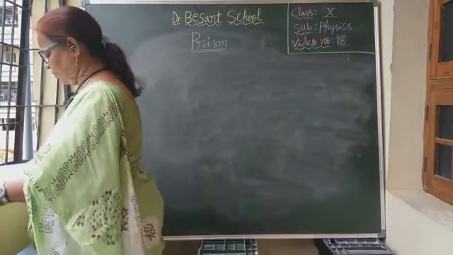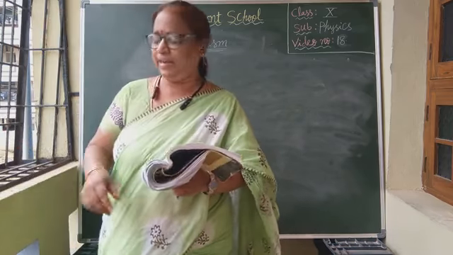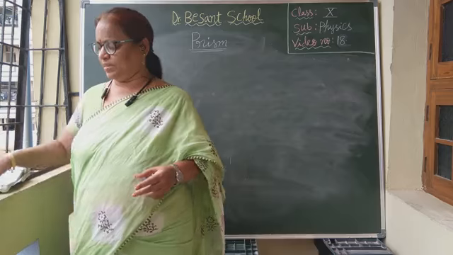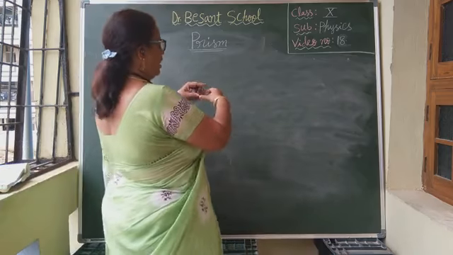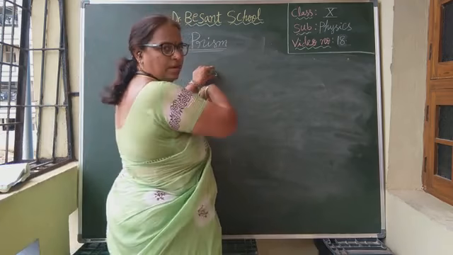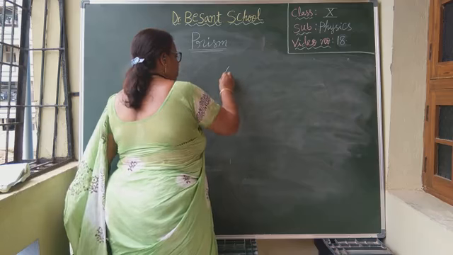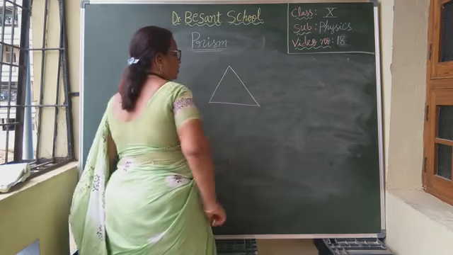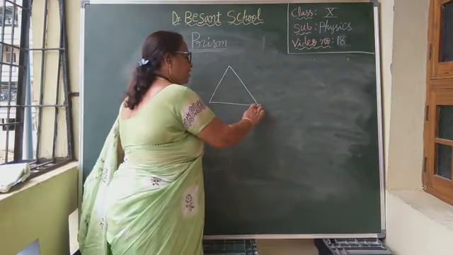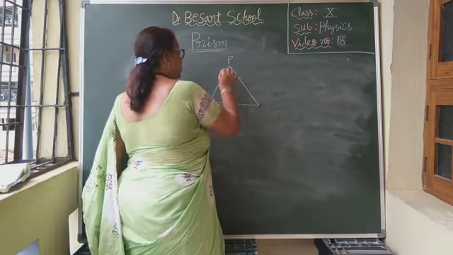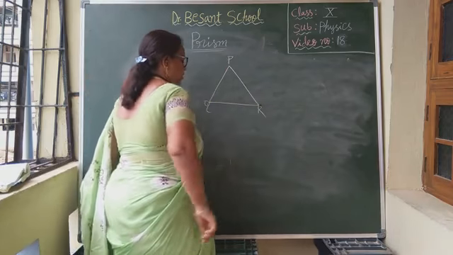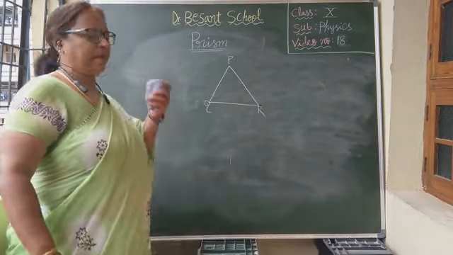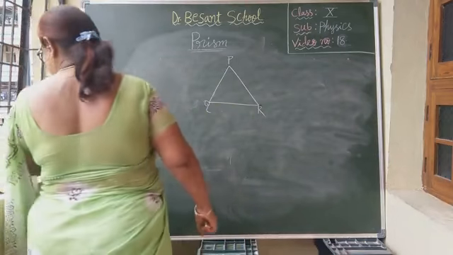Now, these lateral surfaces are inclined to each other. Now let us consider the triangle PQR, which represents the outline of the prism. Suppose you take the triangular surface, keep it on the board and draw its outline. Just one triangular surface you took and drew the outline. What shape are you getting? You are getting the shape of a triangle. Let us name this triangle PQR. Carefully listen, children. We are naming this triangle PQR.